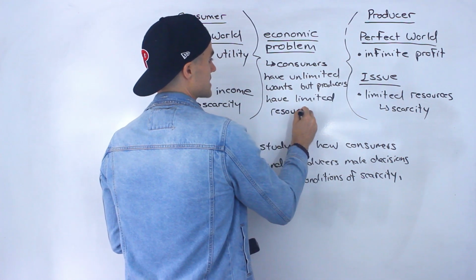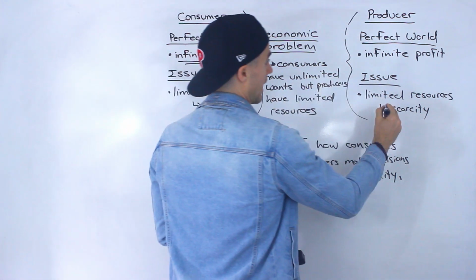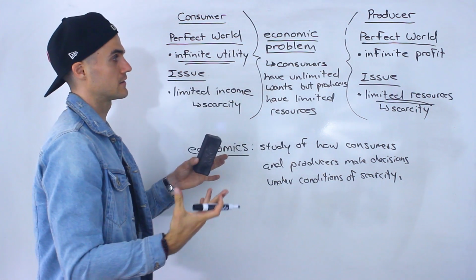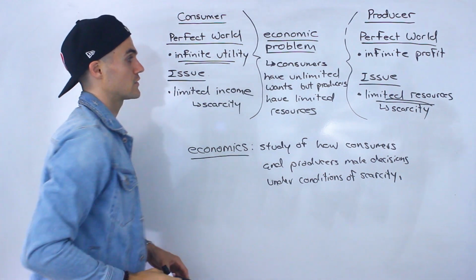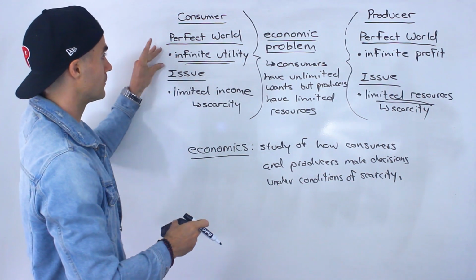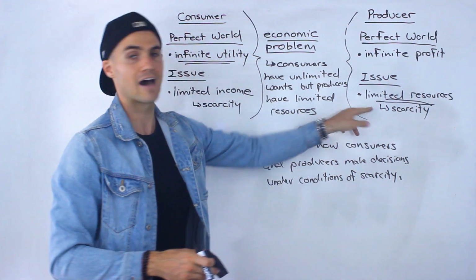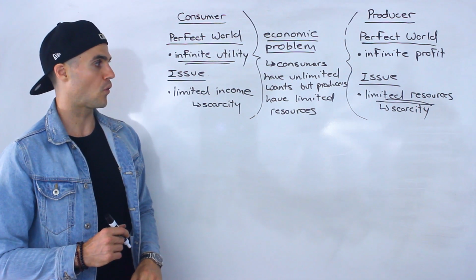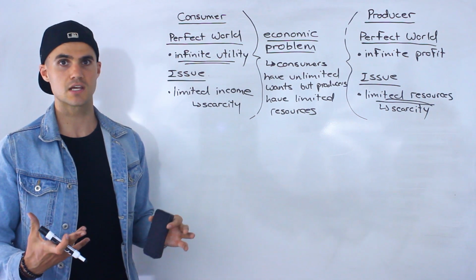So a lot of times this definition of an economic problem, they'll just look at this and then mention this because they all sort of connect, right? I like to look at everything, but yeah, this is a popular definition for an economic problem, quote unquote. Consumers have unlimited wants, they want infinite utility, but producers have limited resources. And that's pretty much it for the higher level overview of economics. That's what economics is all about.